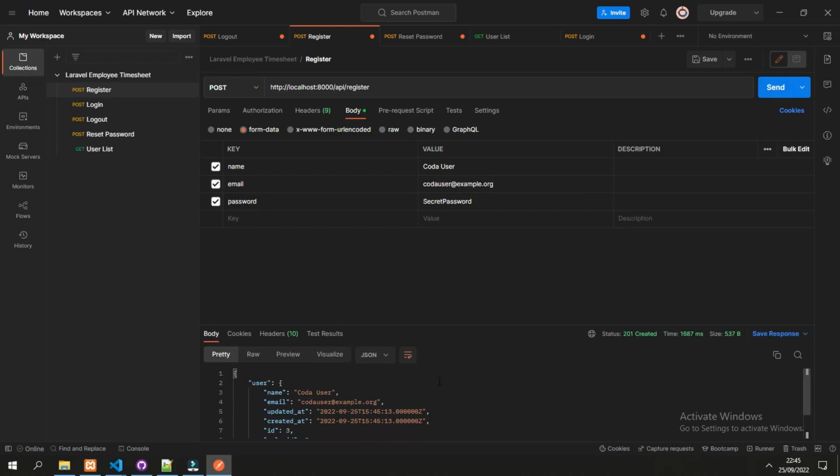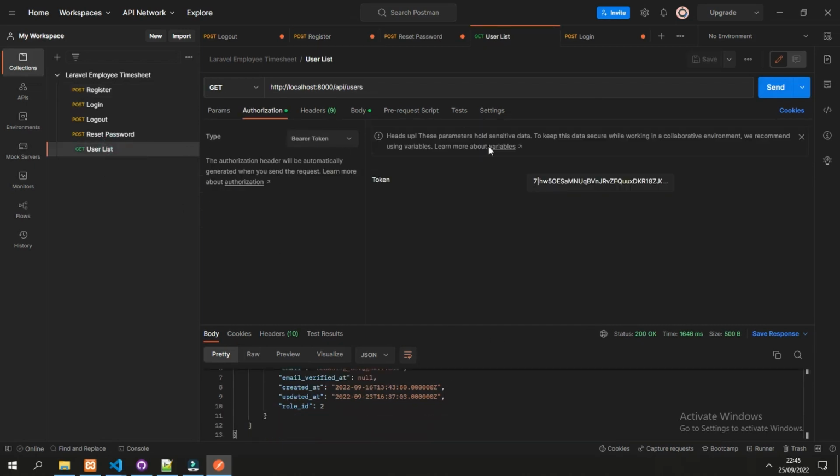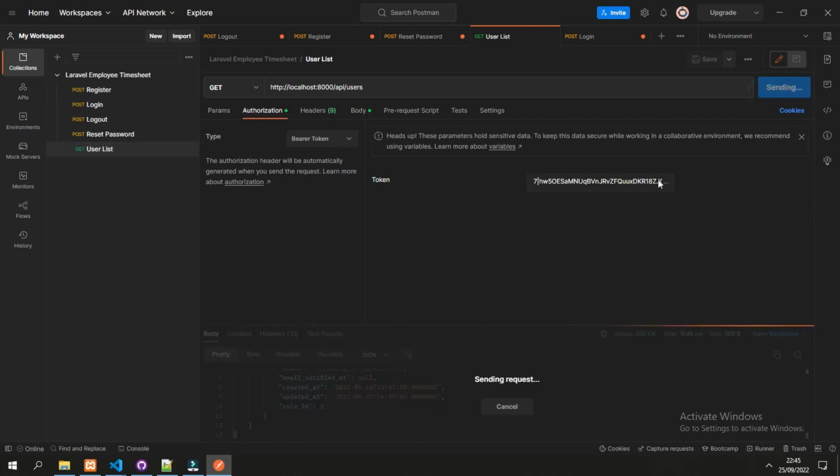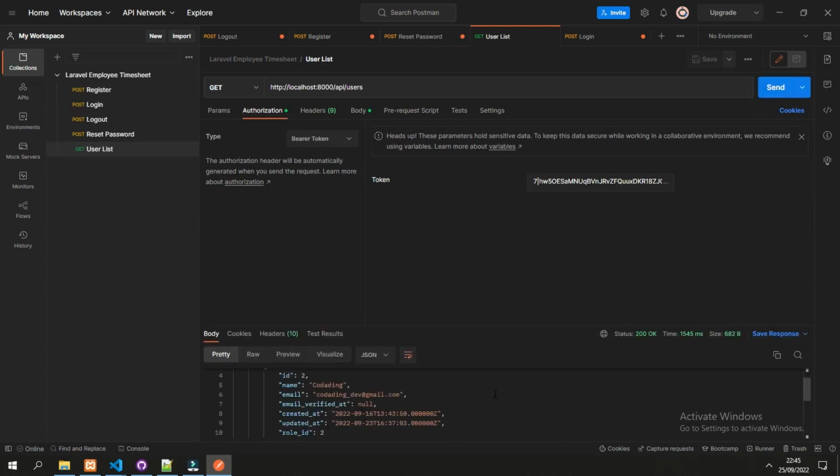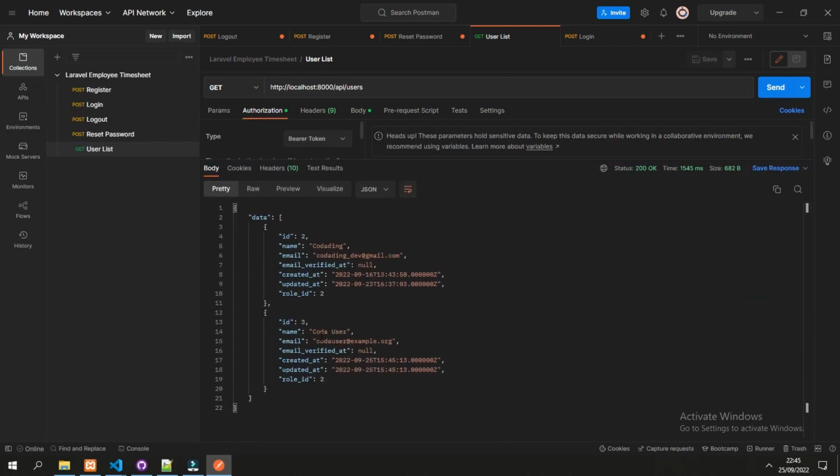We add another user, so if we retry the API, this should send a list of 2 users. The first is Codadig and the second is the Coda user.